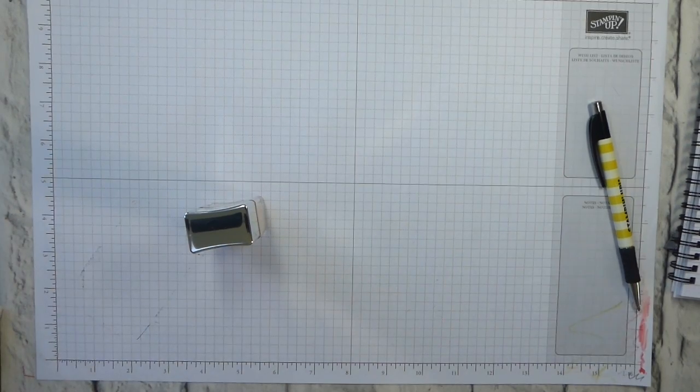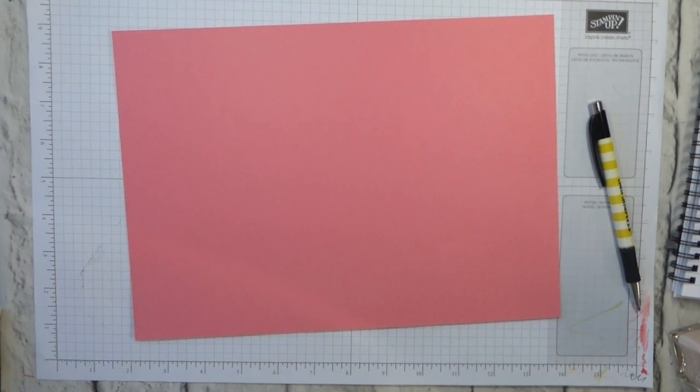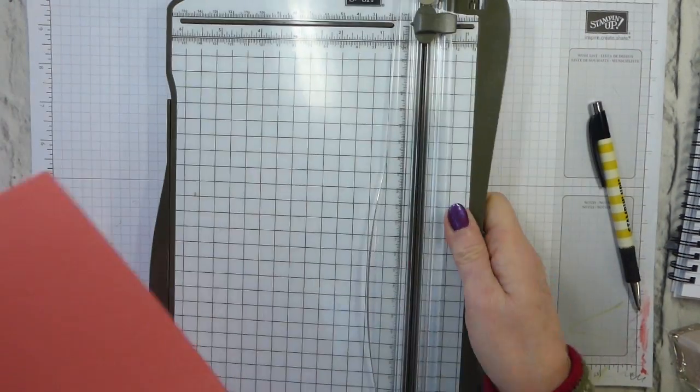So let me grab a piece of, I'm going to use Flirty Flamingo because I am using the, can't remember what it's called, All My Love Sweet when we come to decorate. So here is a full sheet of Flirty Flamingo. I don't think I've got a part sheet. I will just check, just in case. Nothing that is going to be big enough. So we will use a full sheet and grab my trimmer, and I will probably use, I think I'll use